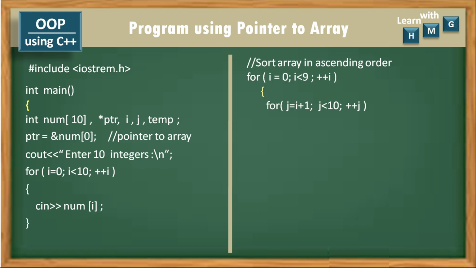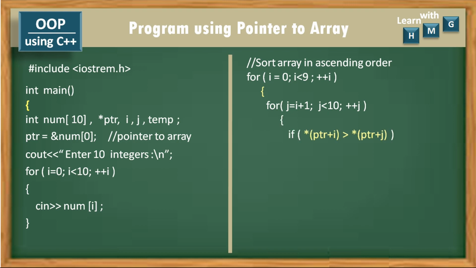The outer loop represents the number of passes to arrange the numbers in ascending order, and the inner loop will represent the comparison to check whether the first element is greater than the second number, and if it is so, then we will swap it. So the number of passes will be 9, and that's why it is 0 to 8, and the comparisons start from j equal to i + 1. Whatever the current element, the next element will be taken for j, that is i + 1, and like this i and j will be checked using an if condition.